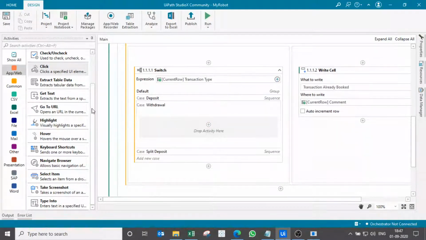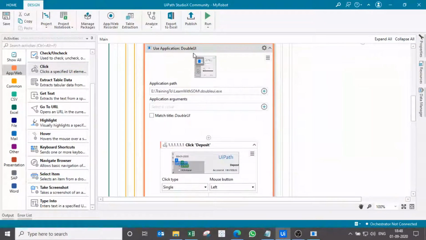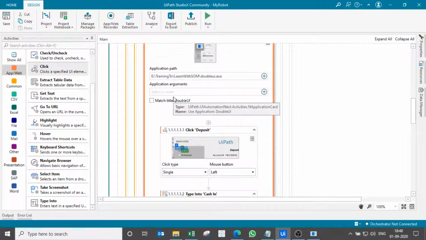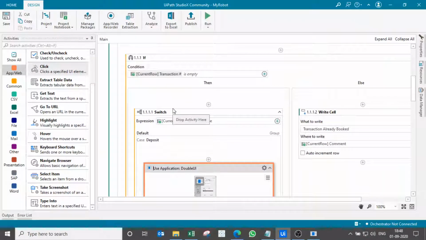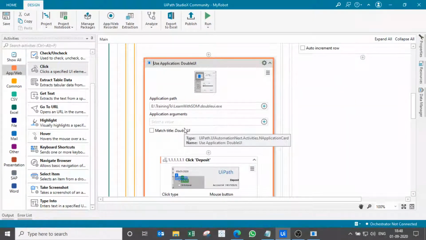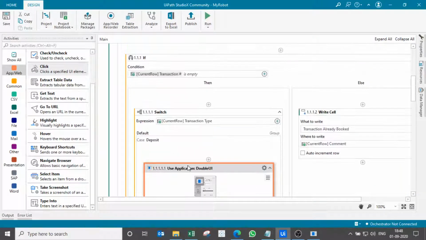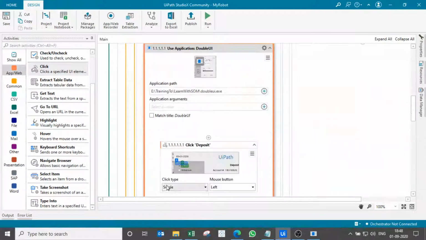So let us again, because what we have done, we have to use an application. So rather than using different applications, we can pull this switch inside of this. So what we can do, we can pull it outside of this. Okay, let us